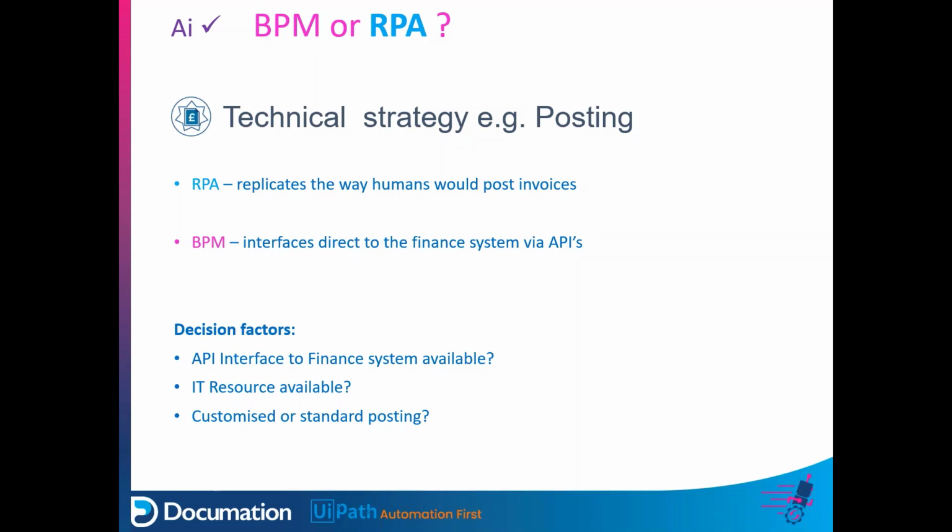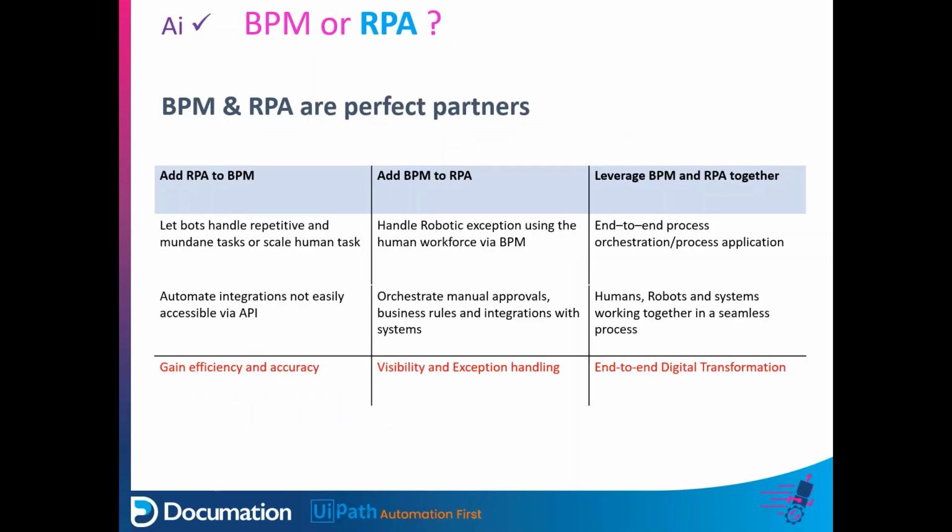All of these factors are leading us to a conclusion for our main question, if we should be using either BPM or RPA. And the answer is that these types of software are not competitors. They overlap in some areas, and they each have particular strengths which might make them more or less suitable in a particular project. And in fact, the right answer could be RPA, or it could be BPM, or it could be a combination of both of those technologies. So again, in the words of UiPath,